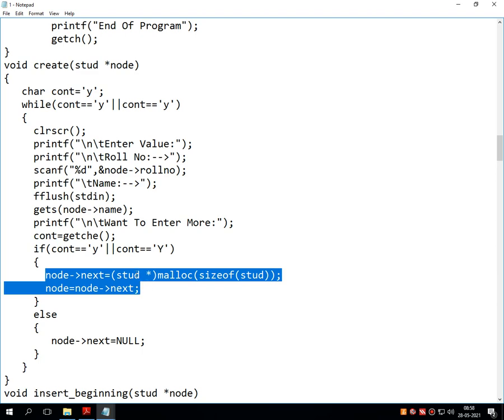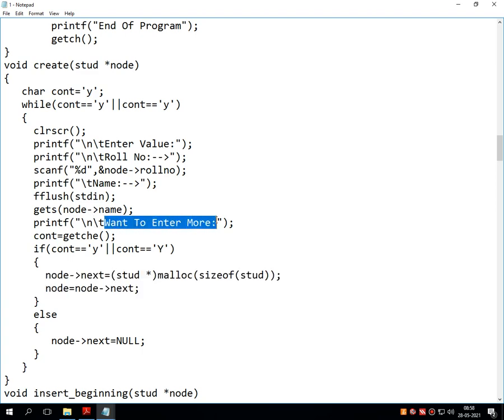That means the next blank node is created and the first node gives reference to the last node. But suppose over here in this message I press N, that means no, I don't want to create one more node. First node is the last node. Then into the reference part of the first node, automatically it stores what? Null.